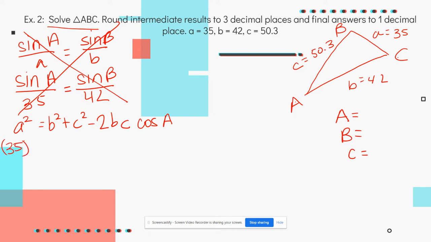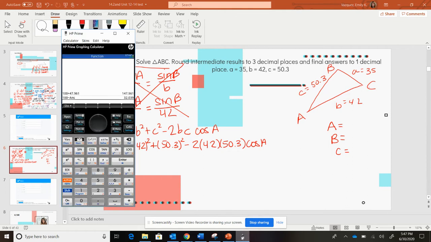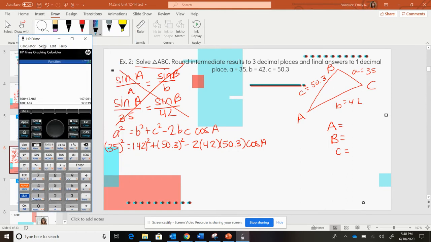A is 35. B is 42. C is 50.3. And these are just real tedious, so you got to make sure you kind of go slow. I really, again, am going to stress that you guys are plugging into your calculator along with me. I'm going to actually share my calculator with you while I'm doing this problem, okay? So I'm going to go ahead using order of operations. Please excuse my dear Aunt Sally. I'm going to go ahead and pull up my calculator here, and I'm going to find all of my squares first, okay? So 35 squared